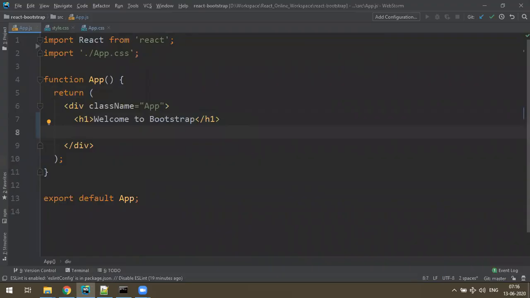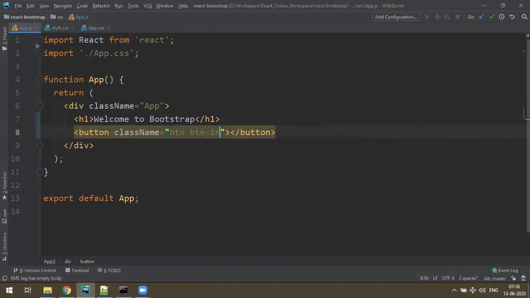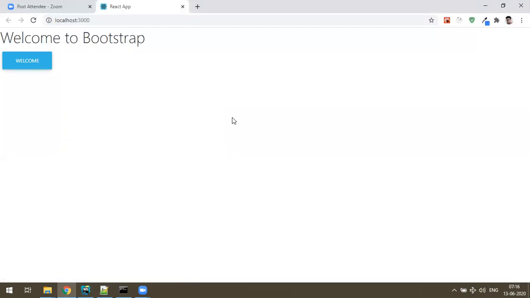Just make some button components. Just take a normal button. I'll give some classes. Give the className btn. See, now all the Bootstrap files just started coming in as a hint. See, these are coming from the public folder. Okay, so that's the best thing. btn btn-info. Okay, let's say welcome button. So what happens? You get the Bootstrap button. Yes, perfect. This is the configuration of Bootstrap for your application.